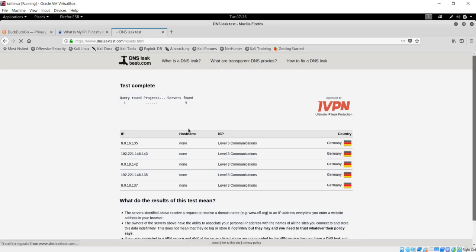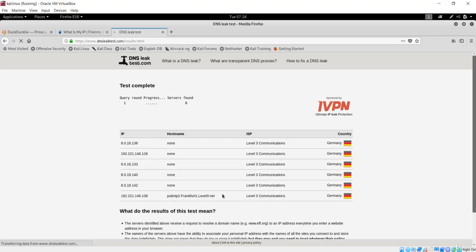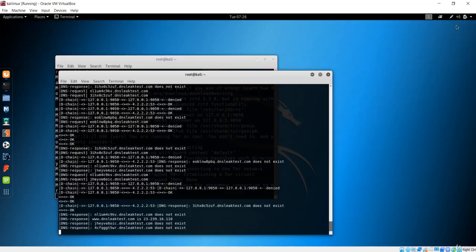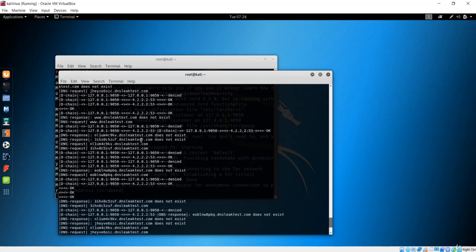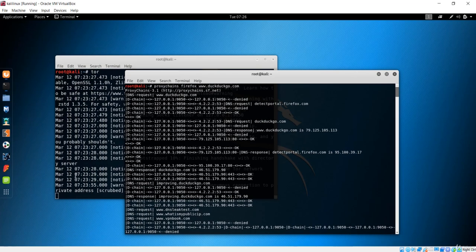So let me just resend this again, and you will see again the chains, and basically it is done by the proxy chains. So you could see the importance of these proxy chains. You could clearly see now it has again changed to Frankfurt, which is the place where you can see the new IP addresses that it has been hooked up, or basically chained, and within a minute there are responses going on over here in the terminal. So this is very important for the proxy chains. It gives us a powerful tool to make sure that there is no DNS leak and there is no IP transparency going on.